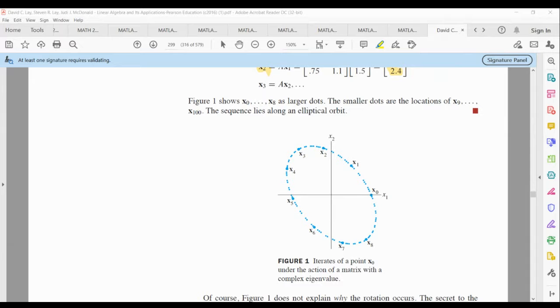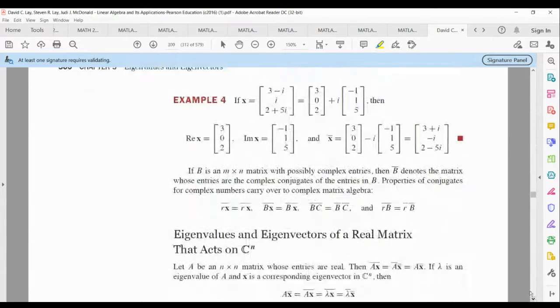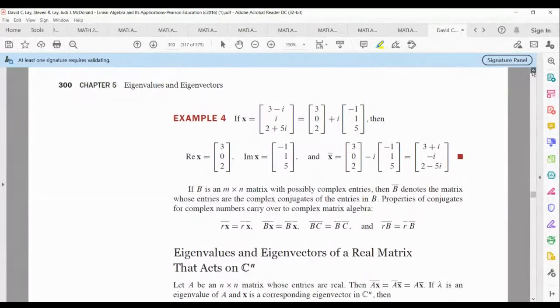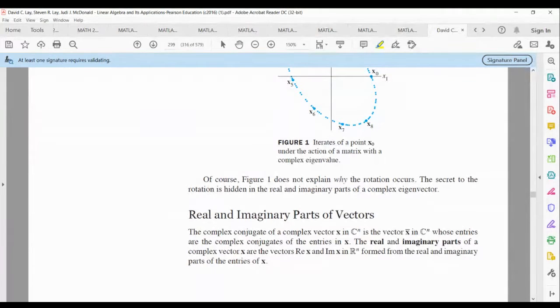All right, let's continue on through section 5.5. Just like complex numbers can have real and imaginary parts, like 2 plus 3i, where 2 is the real part of that number and the 3i is the imaginary part,